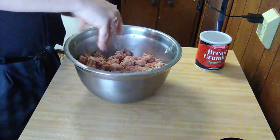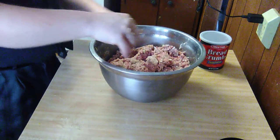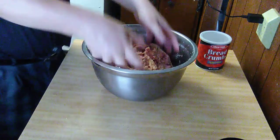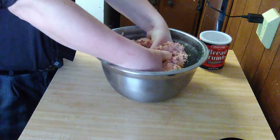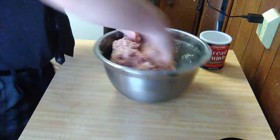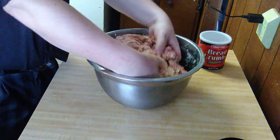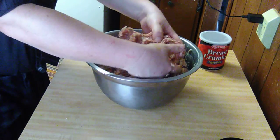Make sure that you use clean hands. Clean hands is a cook's best tool. Notice I'm really getting in here and just stirring things around with both hands. Tell you what, this could be a workout,